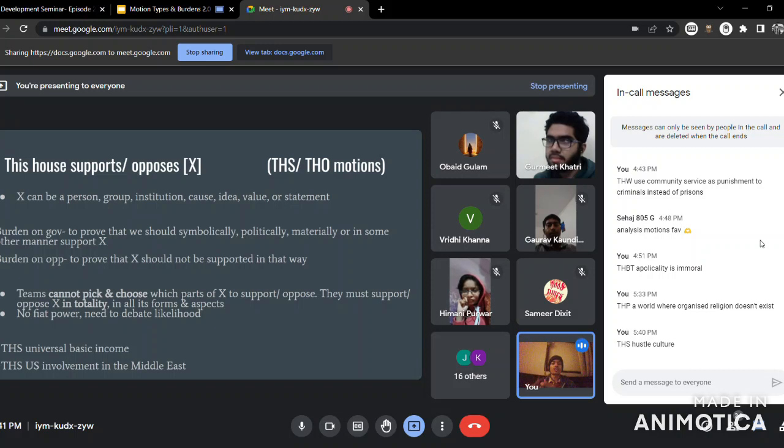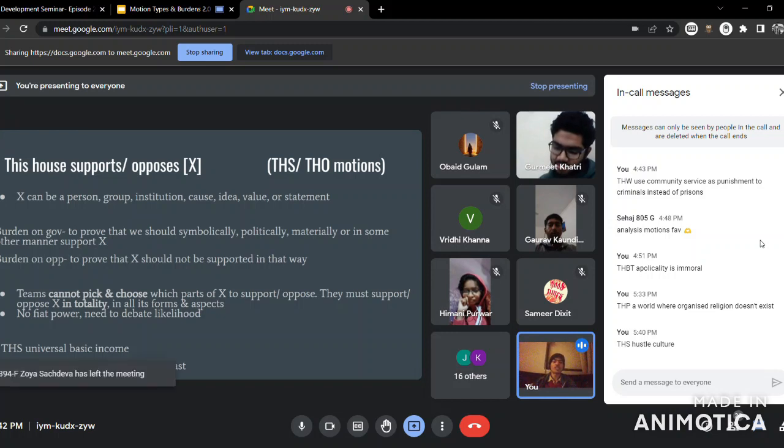You don't have to do that. What you need to do is say, okay, we acknowledge that there are bad aspects of hustle culture too, but we think that the good outweighs the bad. That the good effects of hustle culture, which are jobs or just people being able to carve out their career better and work towards themselves, that benefit outweighs the bad part. So you can't just completely paint something as non-problematic. Obviously you will try, but you won't say by yourself that something is also bad.